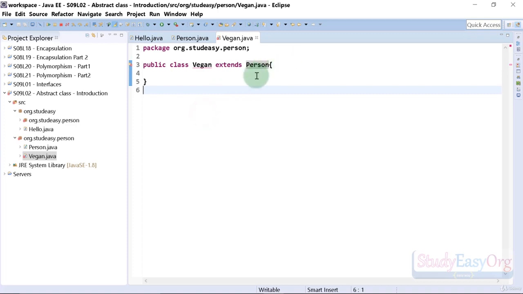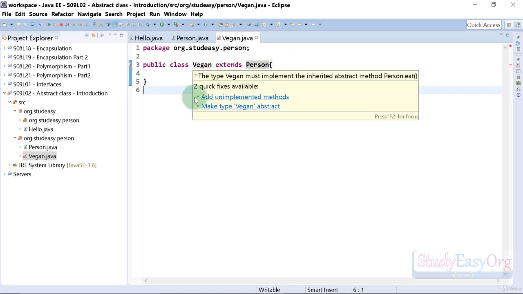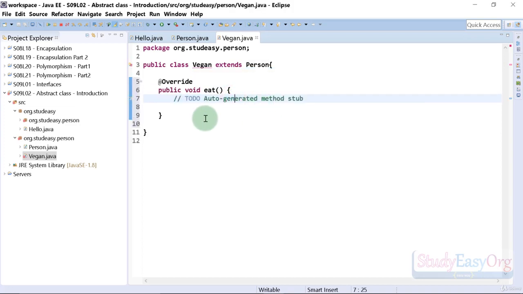As soon as I extend it, the Vegan class will start giving us an error, and the error is the type Vegan must implement the inherited abstract method Person.eat. So let us add and override the required method. So this is cool. And let us print a very simple message,